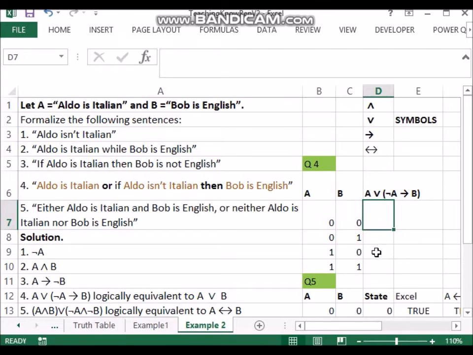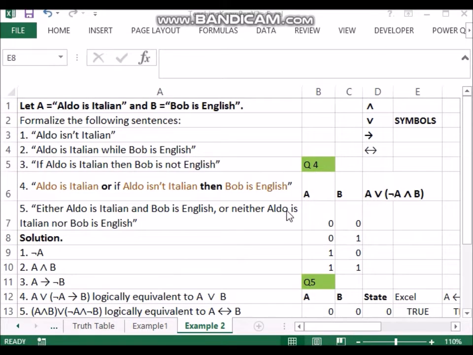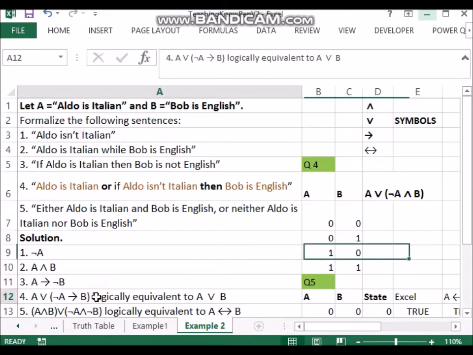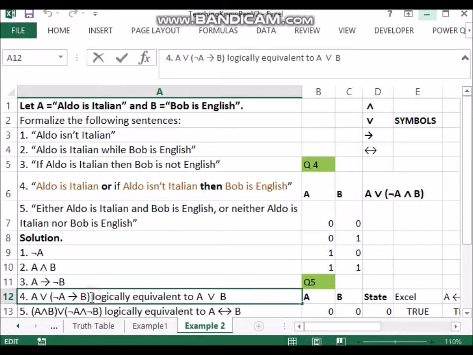Now Excel doesn't support implies because it's not really meant for writing propositional logic. It is more of a spreadsheet which helps us in certain things. But if there's a formal language which supports writing logic into it, like an AI system will need, then we will be able to write symbols. But Excel does support certain things. So let me just show you an example of what Excel does support. So what we realize is we can't implement this part because implies is not really supported by Excel. But let us see something which Excel supports.